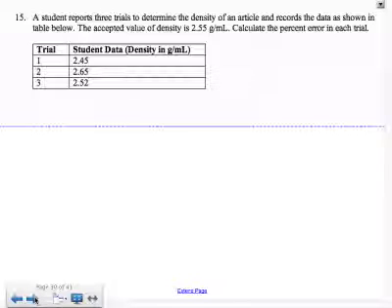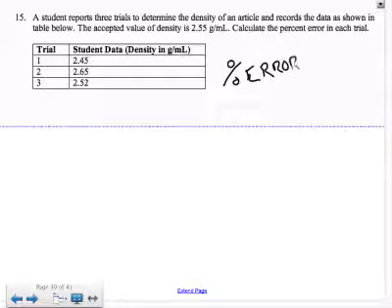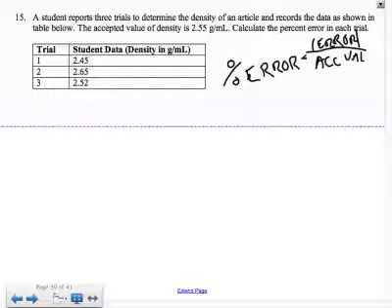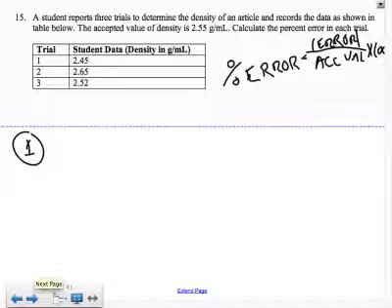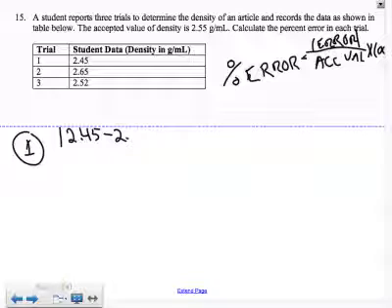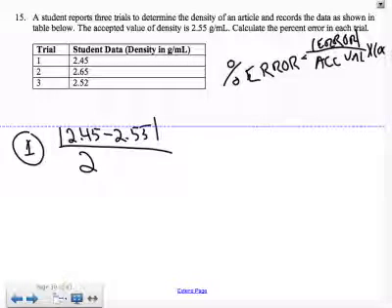Remember, percent error equals the absolute value of the error, divided by the accepted value times 100. So for trial 1, the error is 2.45 minus 2.55, absolute value, divided by the accepted value of 2.55